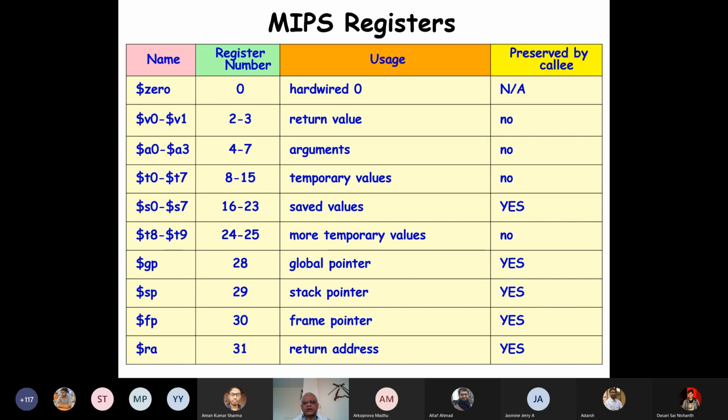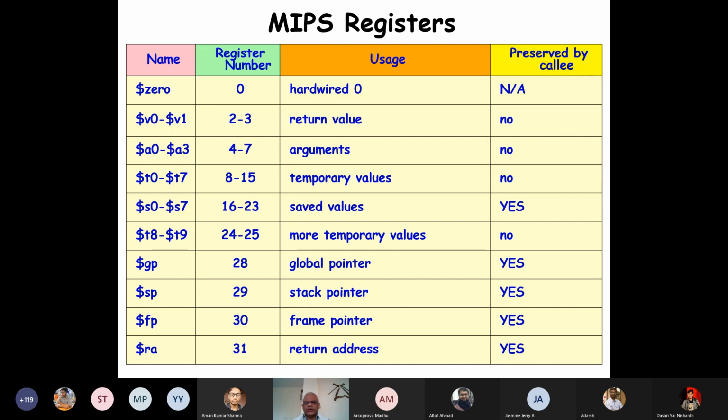But here, unfortunately, the registers are visible to all instructions. So when we write the subroutines, which we'll do in the next class, we will take care to preserve them in the subroutine. The Callee is the subroutine. So the subroutine will not disturb these values. If it really wants to use or change these values, it will restore them back. We will use saved registers sometimes in the subroutine, but we'll restore them.